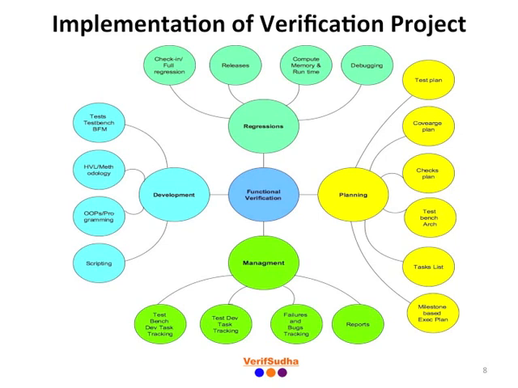Implementation of a verification project involves building the test bench and test suite, and executing them with the design effectively. There are four key ingredients of a verification project. They are three phases of the verification project. The fourth ingredient is managing these three phases. The three phases are the planning phase shown on the right hand side, the development phase shown on the left hand side, and the regression phase on the top. Managing these phases is shown at the bottom of the picture.